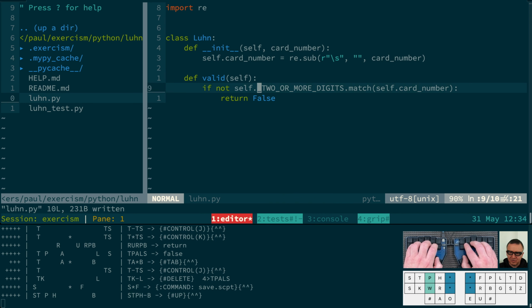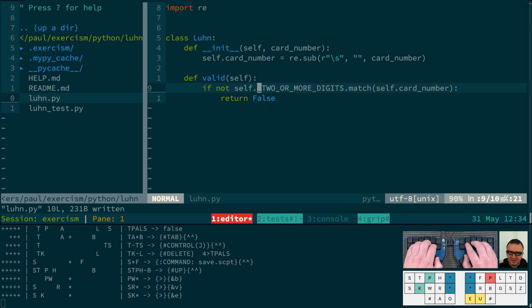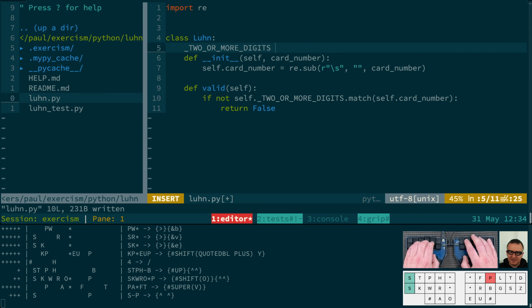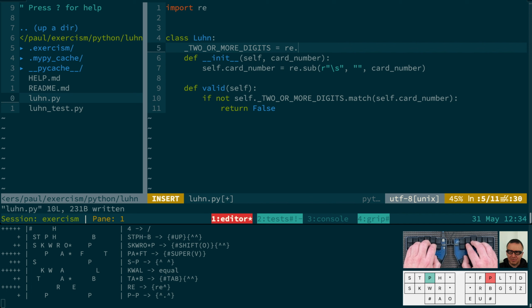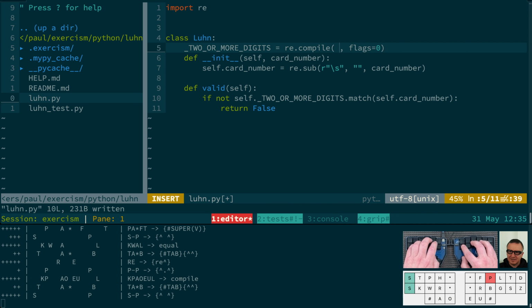Let's now just go and quickly define what 2 or more digits actually means. So we'll just copy that name. We'll move up here and let's define it. So we'll say that we want to create the regex. We'll create it with re.compile, and the pattern here is going to be